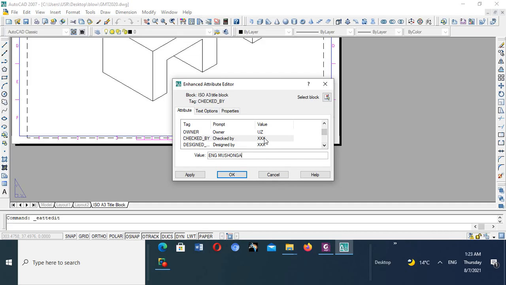Go down, change all our attributes. Then designed by, maybe it was engineer Tigere who designed it, correct? Right? Then the date, you can put a date, today is